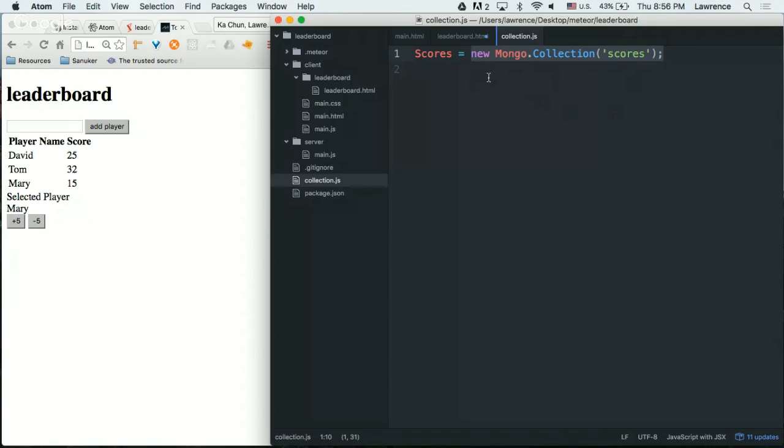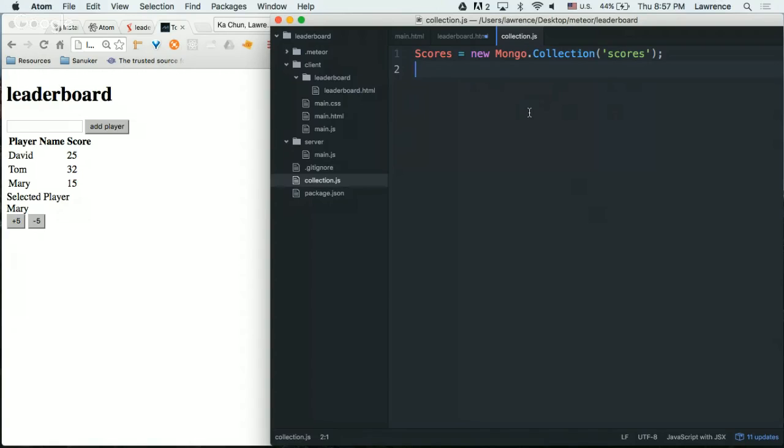On the right, you are creating a table called small letter s scores. Now we assign it to a big letter S Scores. So later on in your whole program, if you want to refer to this database, you just need to type in this big letter S Scores. That is your database. Later on, you will see Scores.insert, Scores.find, and maybe Scores.update, which is later on. You won't touch on this. That means calling your database. And I will show you what the database is.